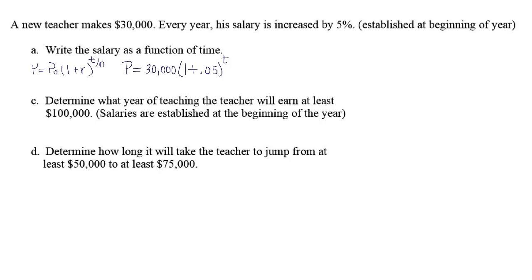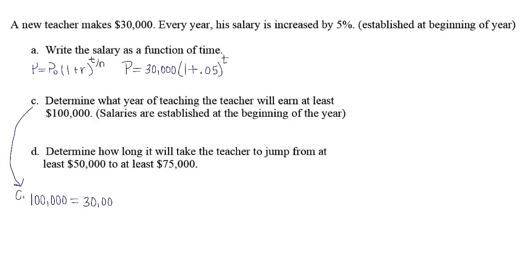All right, for part C, and we've skipped part B, part C says to determine what year of teaching the teacher will earn at least $100,000. Salaries are established at the beginning of the year. So I'm going to move down to the very bottom of the page, and we're going to work out part C here. So we're looking for what year, so we're looking for x, will we finally have $100,000. So we're going to set 100,000 because that's really going to be our final product. So 100,000 has to be equal to